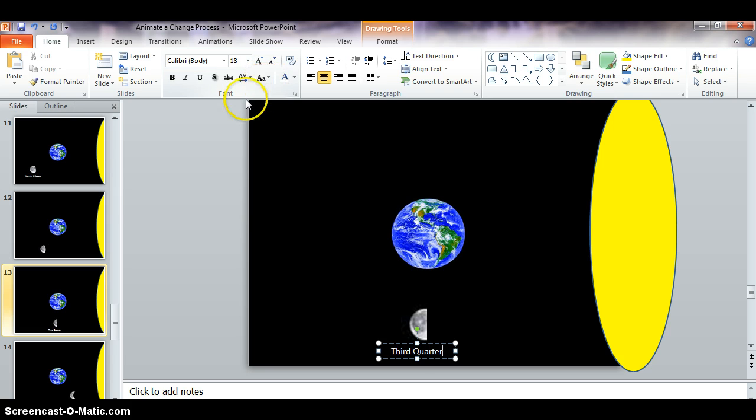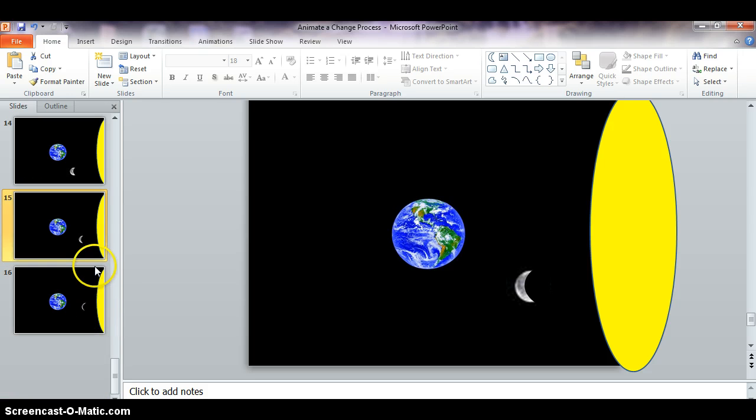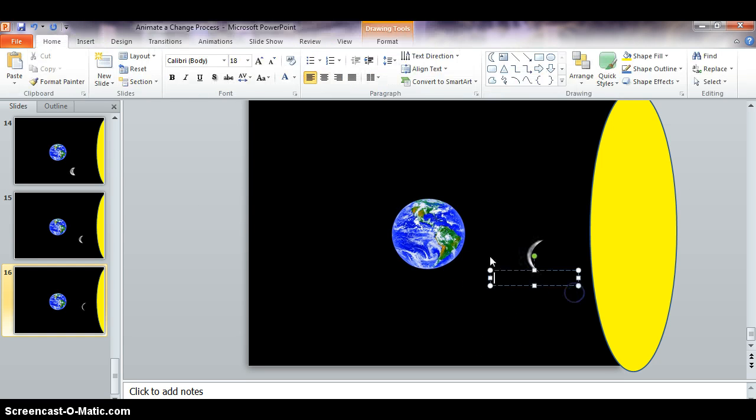This is quarter, and then skip one, and here we have waning crescent. Insert my text box. Then I'm going to show you how to do the transitions, make it look like a movie. White, centered, oops, crescent. Okay, now we're going to go back up to the first slide